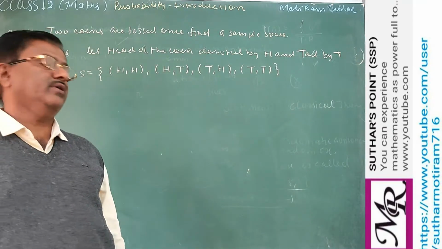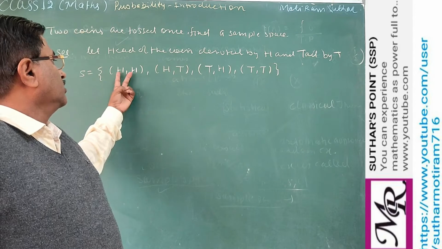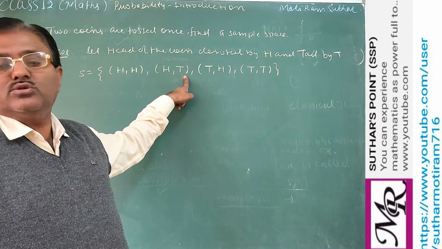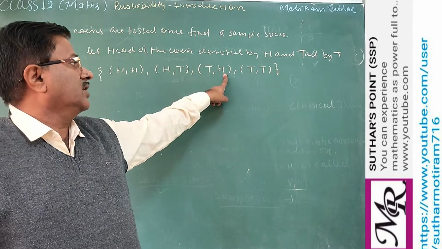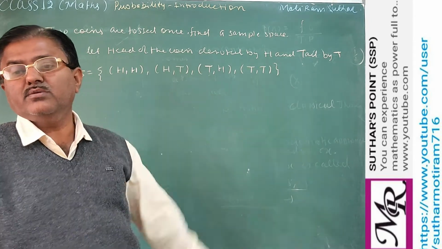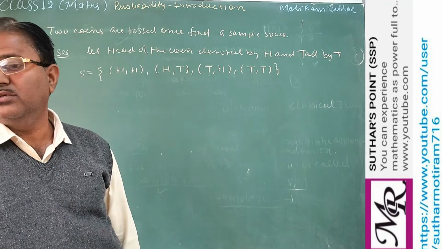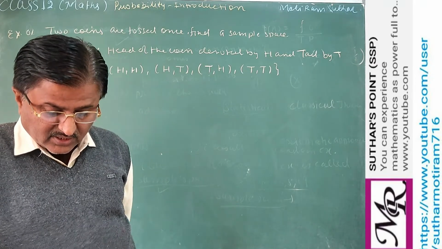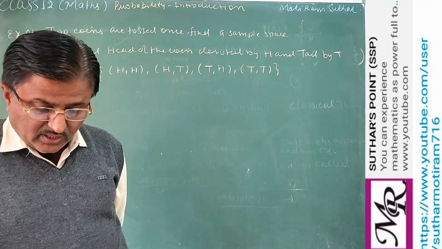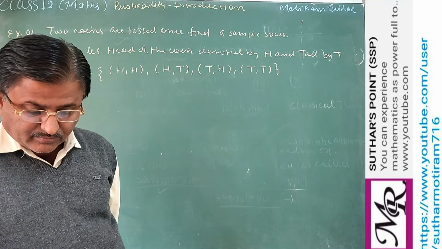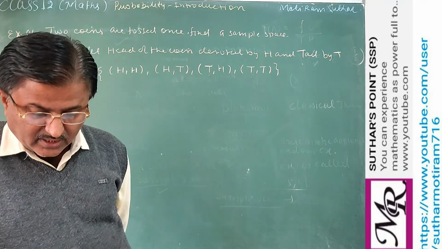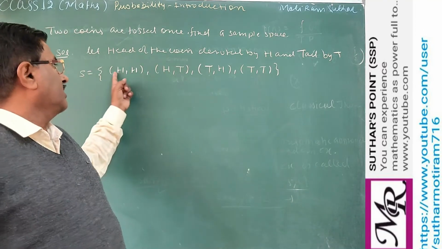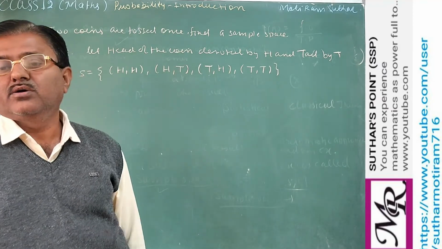Is it clear? Ordered pair you already know from 10th class. Both coins show head and head, first and second. First head, second tail. First tail, second head. And first and second both coins show tail. So in this way you can solve. Similarly, these are ordered pairs of H and T. You may write a comma or omit the comma, but generally for clarification we use the comma.